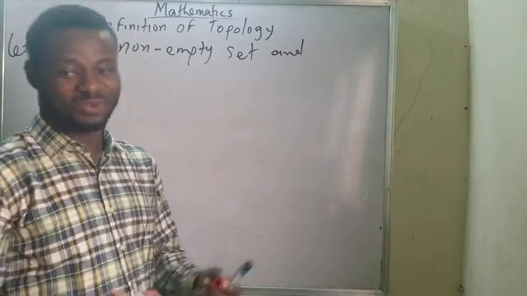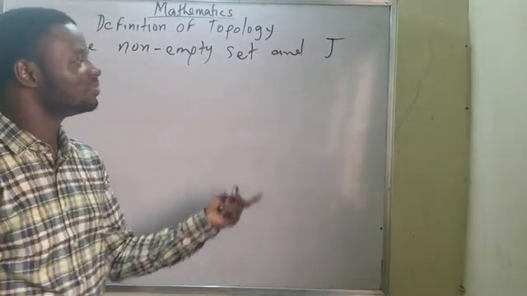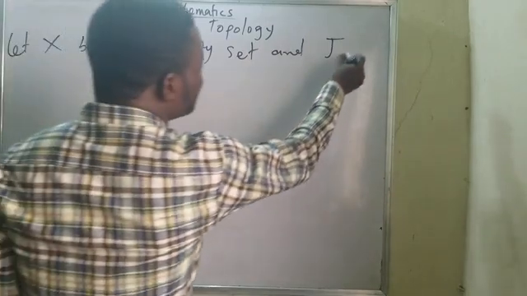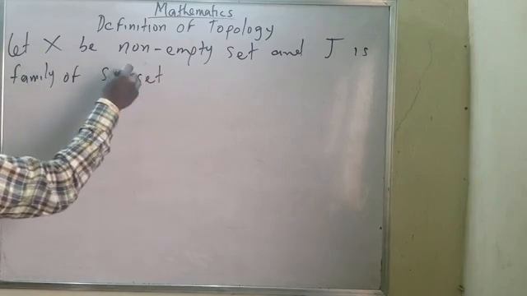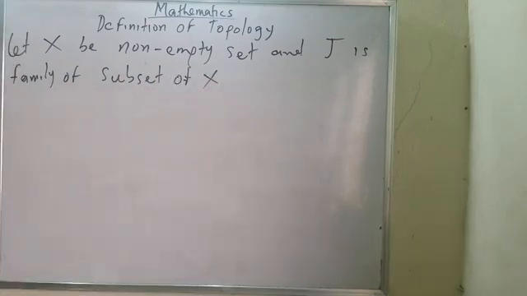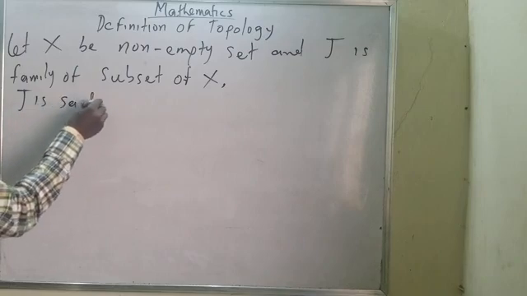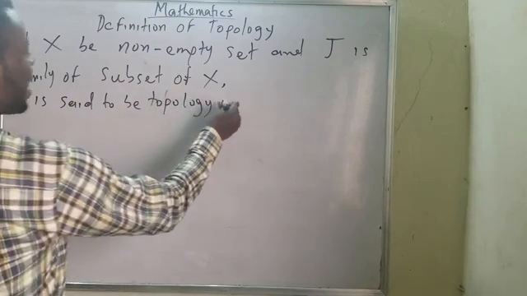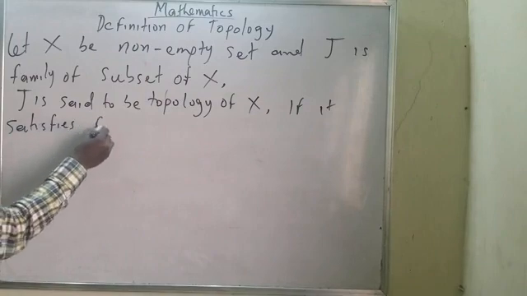And I'll also say, and. Normally, some of my lecturers use the word tau. I call it tau, and this is how we write the tau. Tau means I'm talking about topology itself. Let me use tau so that we are familiar with it. Tau is a family of subsets of X. Tau is said to be a topology unless it satisfies the following